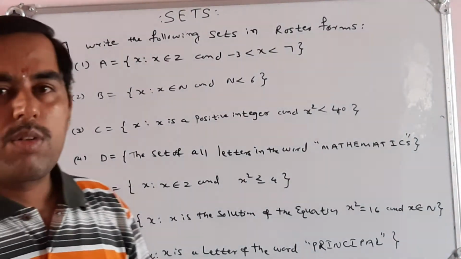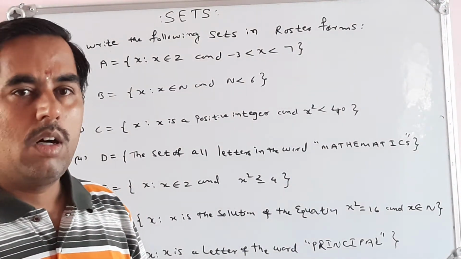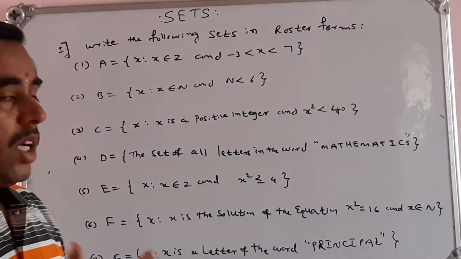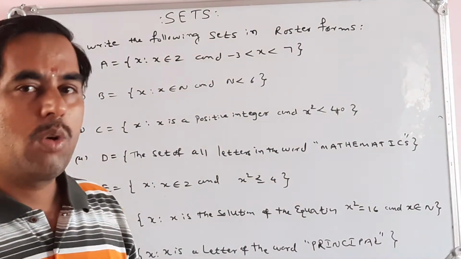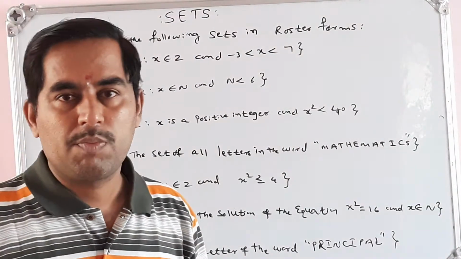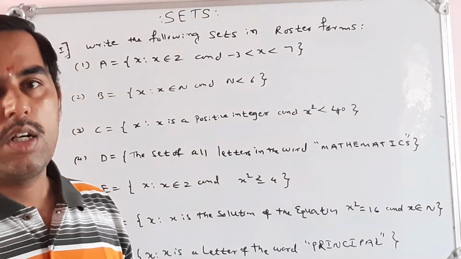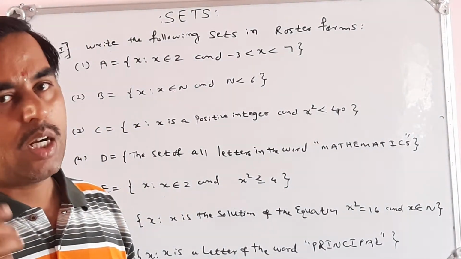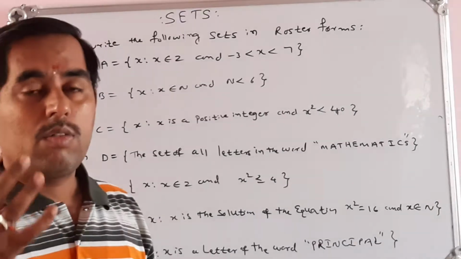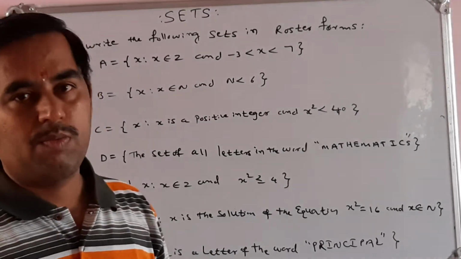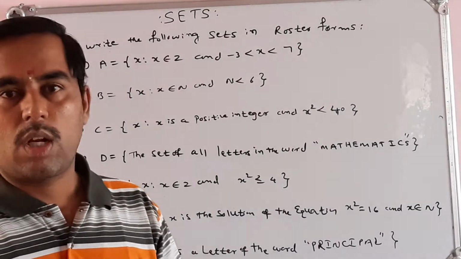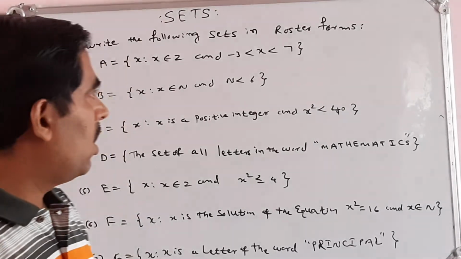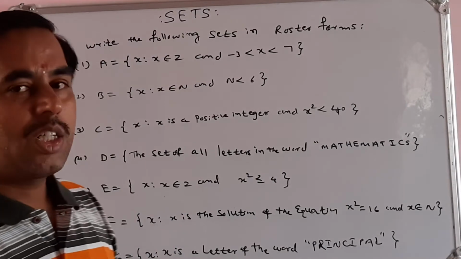See, in the last class we have discussed some of the basic points of set. What is the definition of set, types of sets, and how do you represent a set of natural numbers, set of whole numbers, set of integers, set of rational numbers, set of irrational numbers, and real numbers, and some of the symbols and representation of sets. So we can represent the sets by roster method and set builder method. Okay, all these things we have discussed in our previous session.